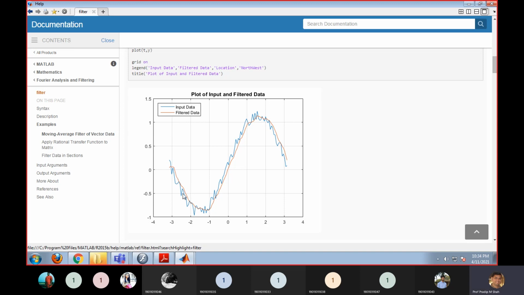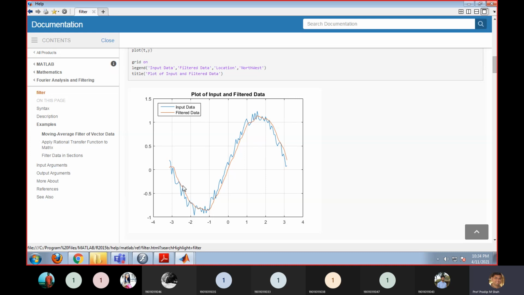Is it visible? Yes, sir. If you compare both signals, the input is the blue one and the output is the red one.